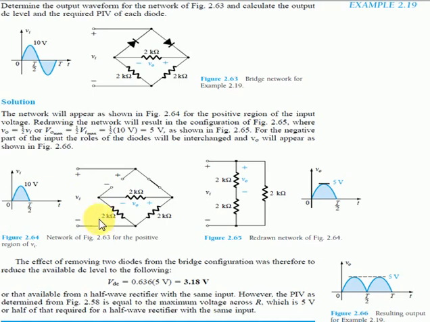We can redraw this diagram. How? This is the positive terminal of the input signal, and the current flows here. After that this current goes towards here, through this resistor, and then through this resistor. So both these resistors are in series because there is only one path of current.